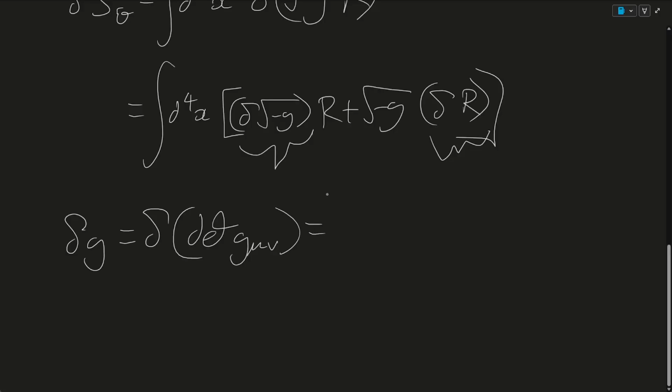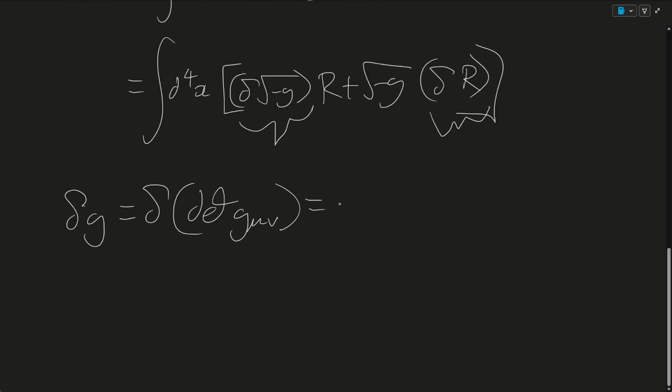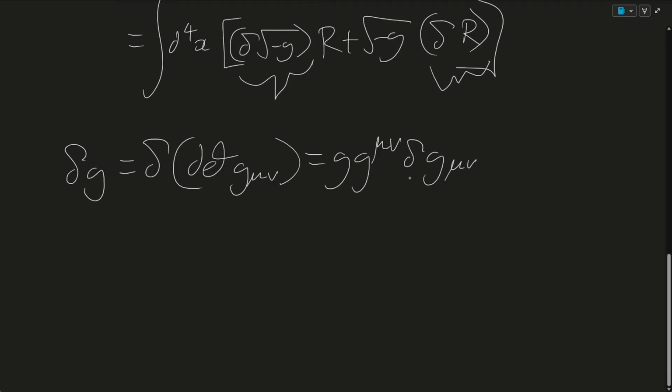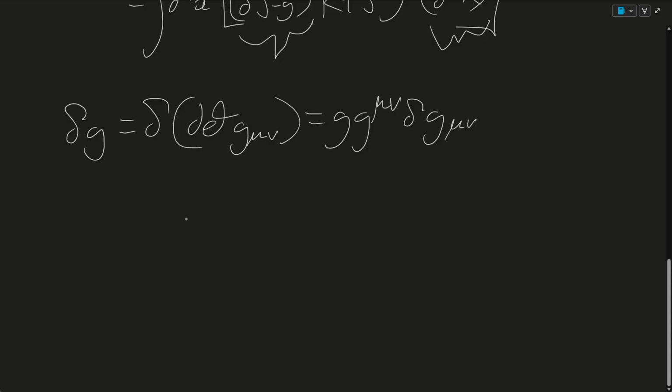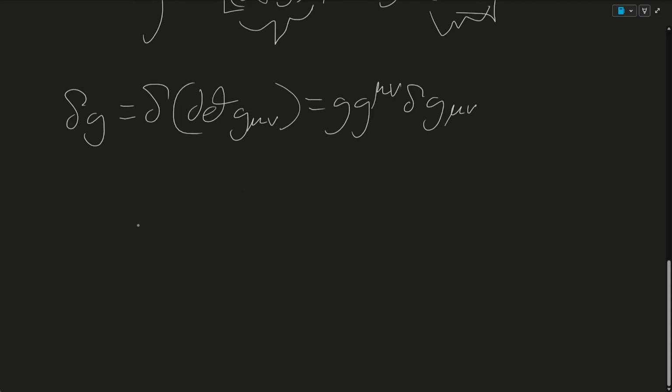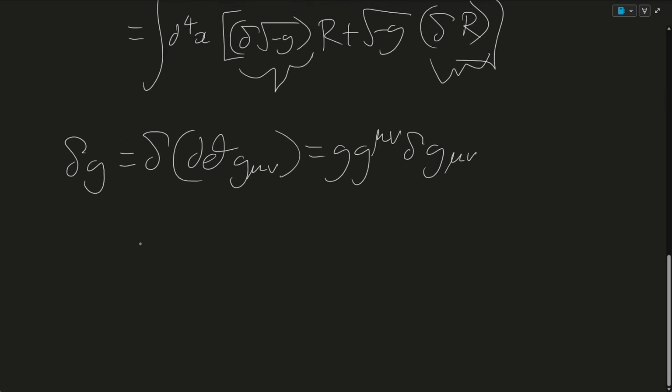Just pulling the formula out of, if you've ever done a tensor course, linear algebra course kind of thing, you'll know that this would be the determinant, and then we're only taking the delta on the g sub mu nu. So we've got our exponents at the top here, nu, delta g mu nu. But of course, we're varying with respect to the inverse metric g to the mu nu here. So we can use the identity,